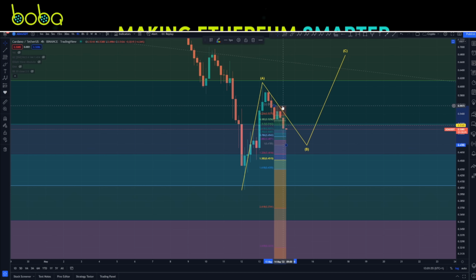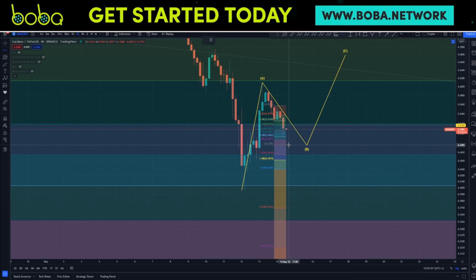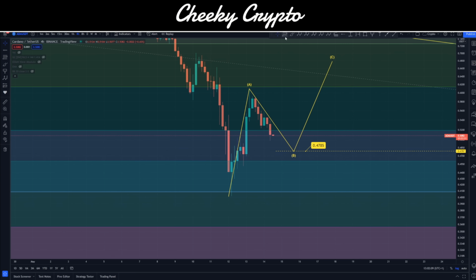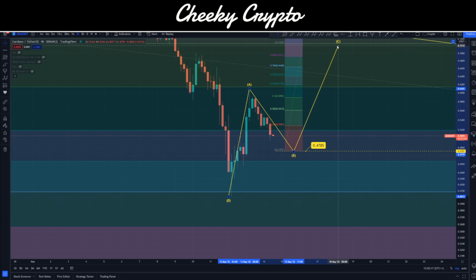Now, if this is the case and we do actually pull back down into this low level, let me just quickly mark that right here and get rid of this one. We don't need that. And then I'll just put a little price label here so that we can keep track of this, right? 47.85, right? So then I can go ahead, just remove the fib there. Now what we'll do is if we are looking for a 1-to-1 ratio with our A wave and our C wave, these are pretty typical kind of moves, then this would put us tracking at about 72, yeah, right up here,